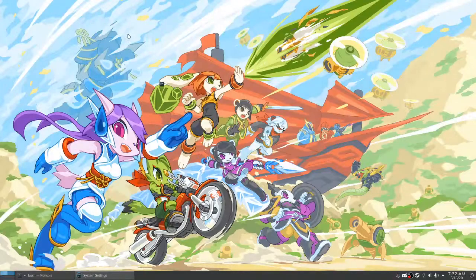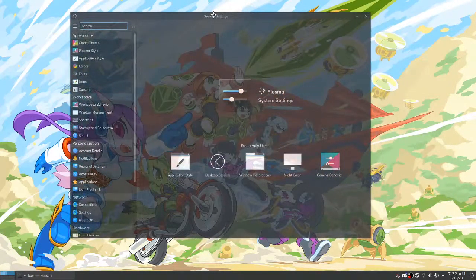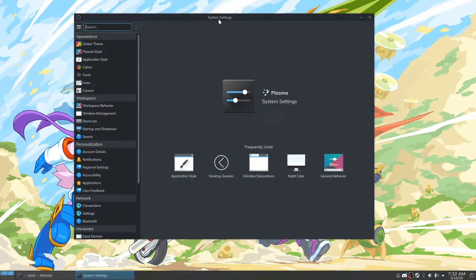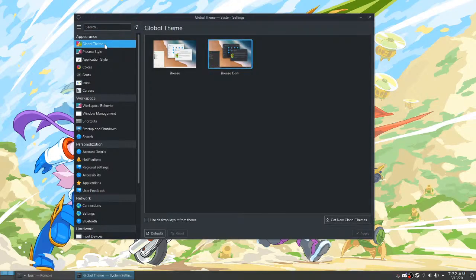Let's start with the appearance stuff. What do I think about Chromium OS? It's fine. I've never really used it outside of laptops and stuff, so I don't really have much of an opinion. It's cool to see contributions to open source that isn't programming, right? Everybody thinks open source is developers and programming, and it's not. It's a lot of stuff going on.